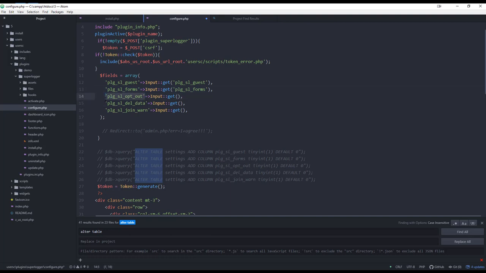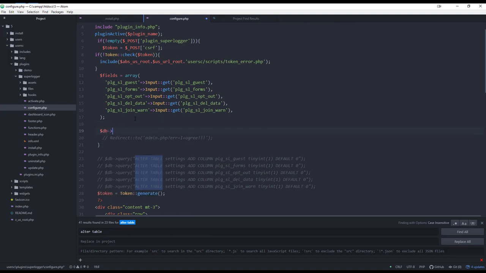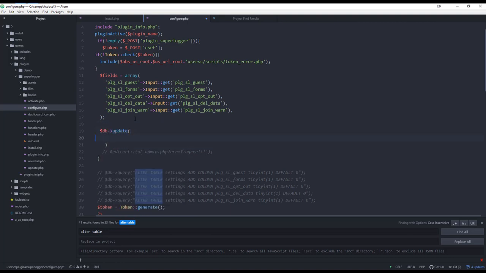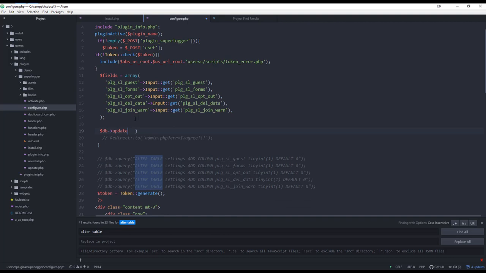So this is all pretty straightforward, UserSpice. We're just building a simple control panel, and we just want to save these settings. Fantastic. So what we're going to do now is db update, and we're going to update the settings table, and we are going to update row 1 because there's only one row in the settings table, and fields, and then we are going to